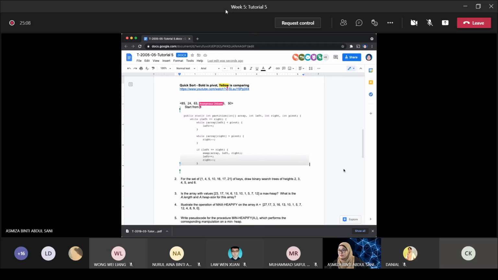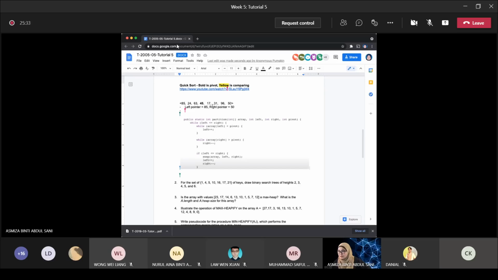So from the coding here, from the link, you see this one is actually comparing array left, the one coming from the left, with the pivot, and then the pointer will be moving. So that's why just now the right pointer is 50. You can actually change 45 to the end. But then just now, because you are comparing it with, just now you're comparing it with